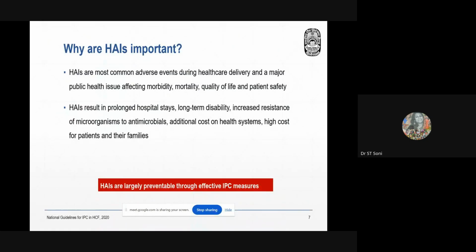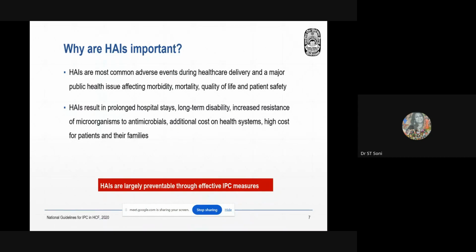Once the patient is admitted, there is direct cost. I work in a government setting, so in our hospital we do not charge anything. But in a corporate or private hospital, they will definitely be charging. Each antimicrobial agent is charged, hospital beds are charged, so it increases the length of stay and the charges increase. And that person is not able to earn for his family, so the indirect cost also increases.